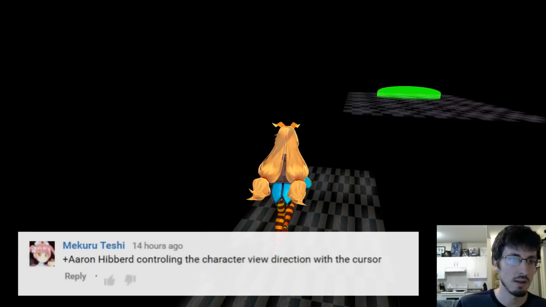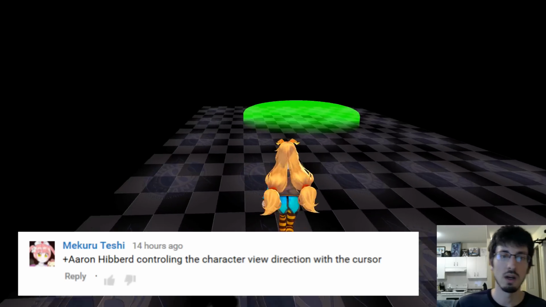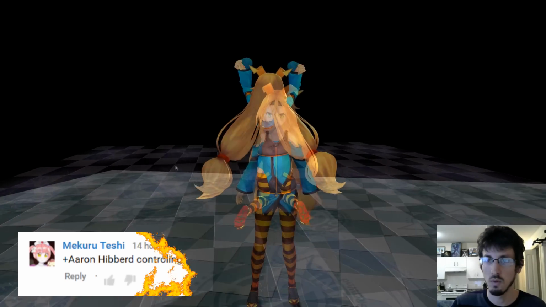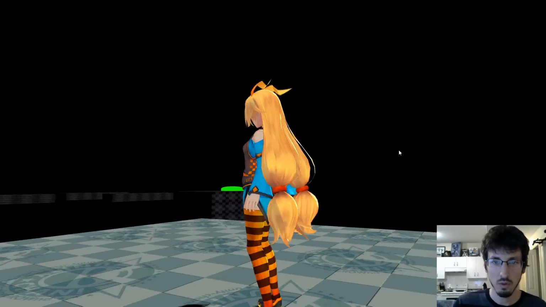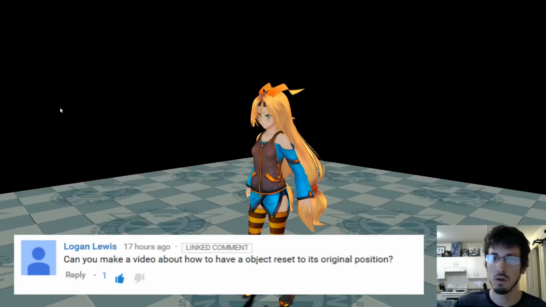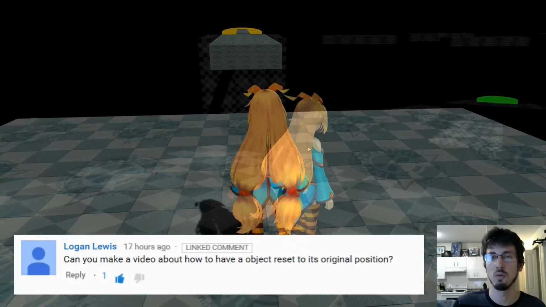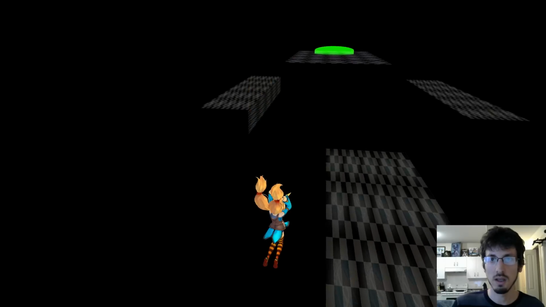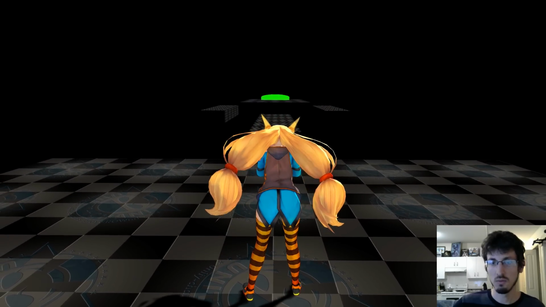Mikuro Teshi asked, controlling the character view direction with the cursor, so I'll also do some of that. And Logan Lewis asked, can you make a video about how to have the object reset to its original position? So we'll do, if she falls off a cliff and dies, then we'll make her respawn at her